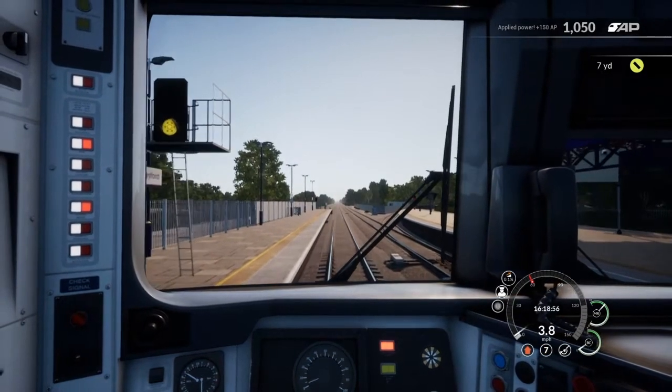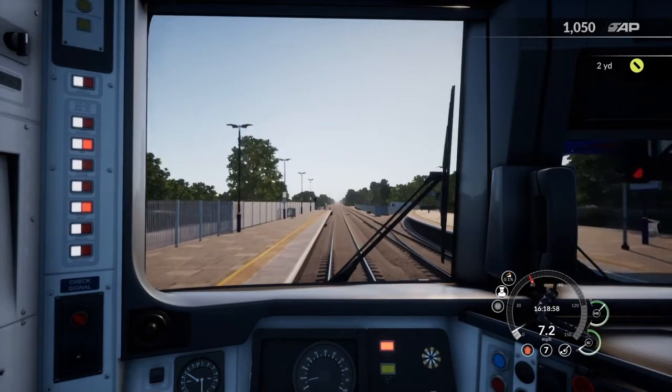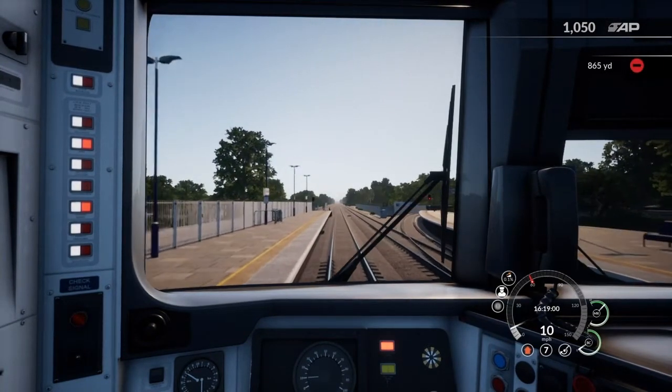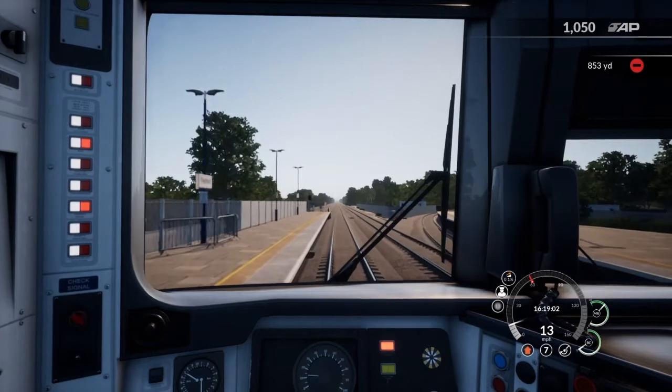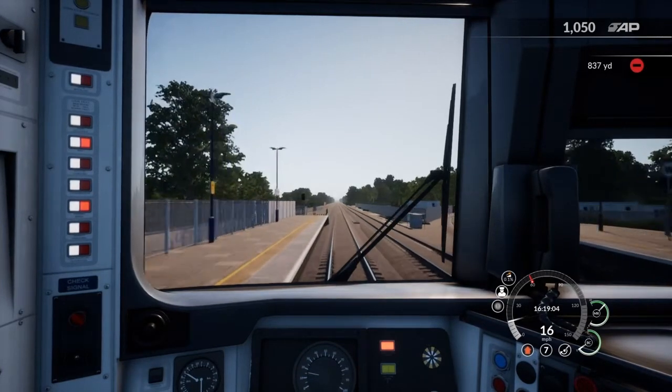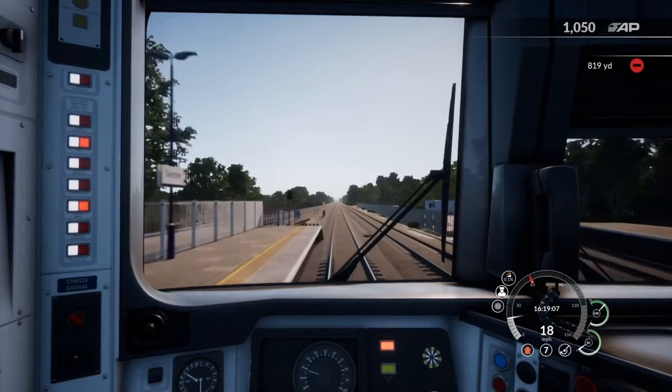Okay. Now, one thing I didn't notice when I was taking this tutorial is that I was in control of